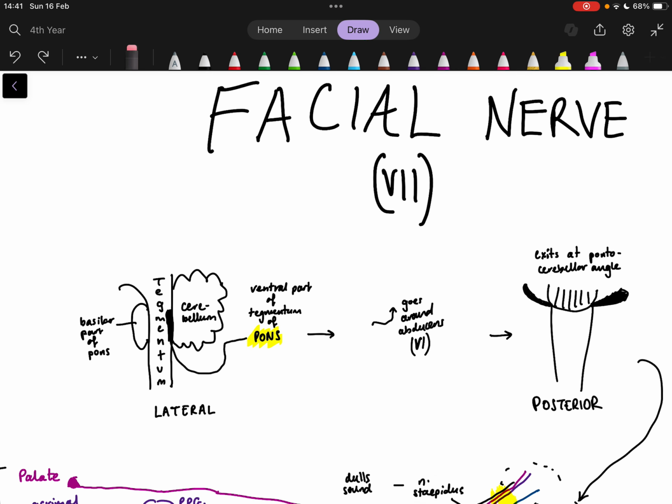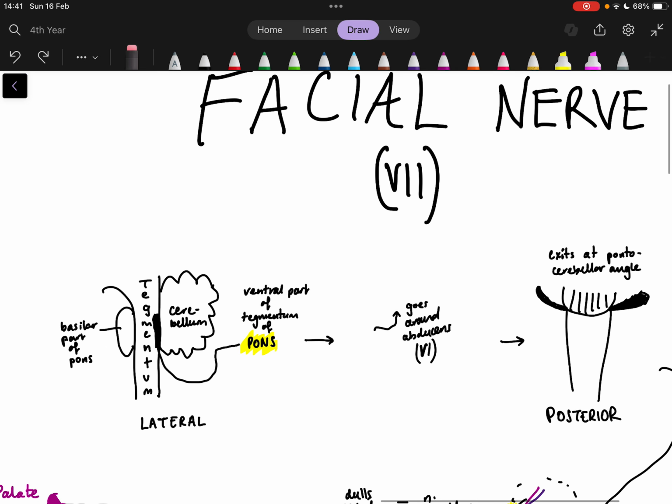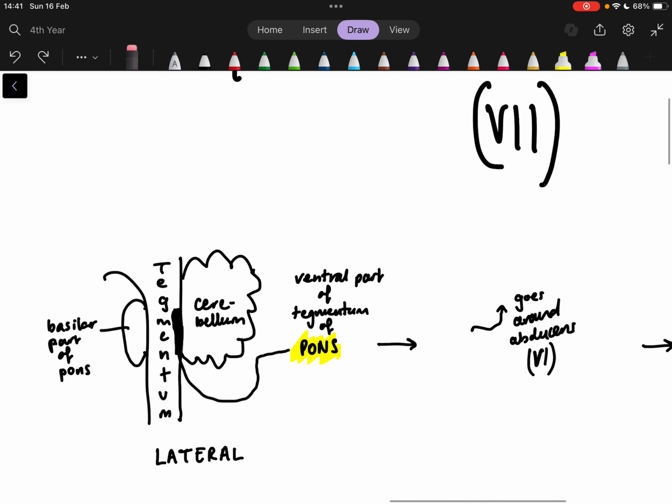So in terms of the anatomy and where it starts, you should just know as a rule of thumb that the earlier numbers start in the midbrain. The brainstem has three components: the midbrain, the pons, and the medulla oblongata. The earlier numbers, like the 1 and 2, start in the midbrain. The middle numbers, like the 5 and 7, start in the pons, and the later numbers, the 9, 10, 12, start in the medulla oblongata of the brainstem. You don't have to know the actual detailed anatomy like I have here, but just know that